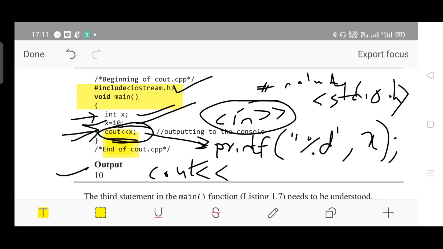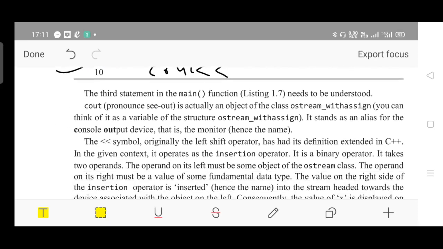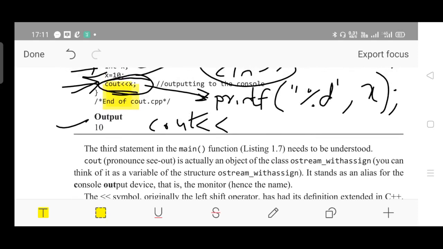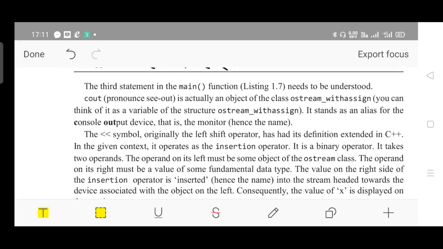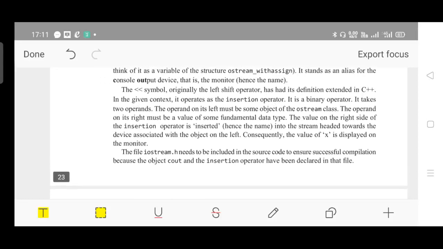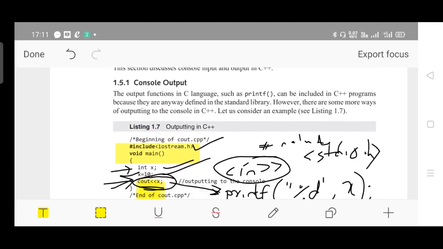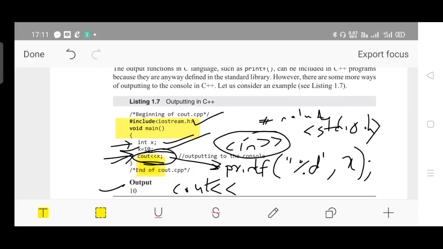You are supposed to study both in this semester. Please try to understand. If you have any doubt, please feel free to ask. Let us consider different programming examples, including cin, that is the scanf equivalent, in the next video. Please go through this explanation. Whatever I told is explained in the PDF I have shared, page number 23. Please go through it. If you have any doubt, please feel free to ask.